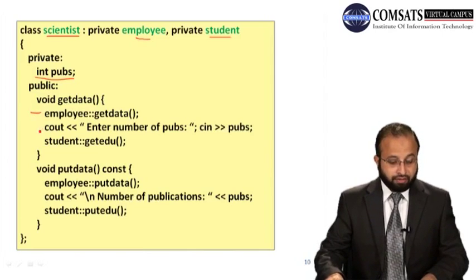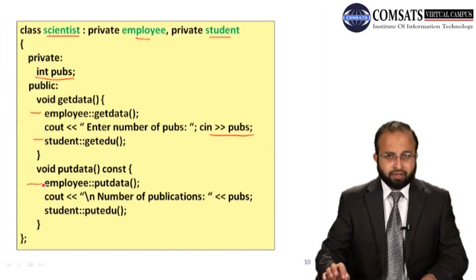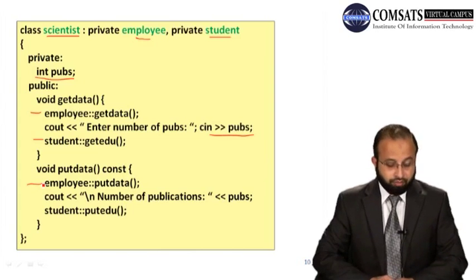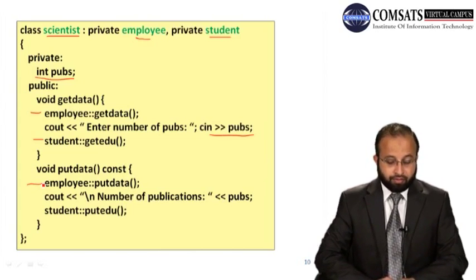We first call the get data function and get edu function, and before the get edu function we display a message, enter number of publication, then we input it in publications, ठीक है। And in the put data function, what is happening? You're calling put data for employee, which will basically print the name and number of the employee, and then the number of publications will be printed, and then you call the put education function, ठीक है।